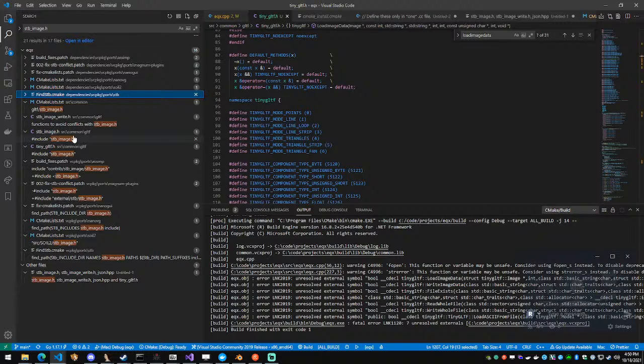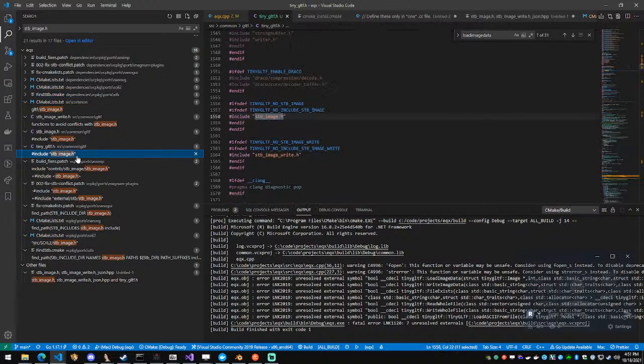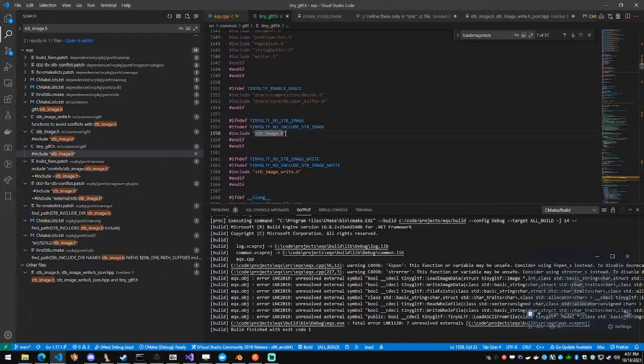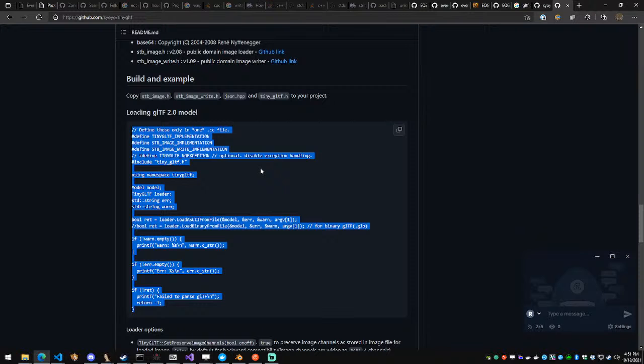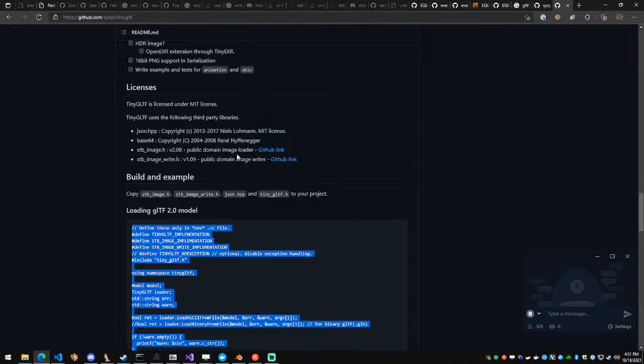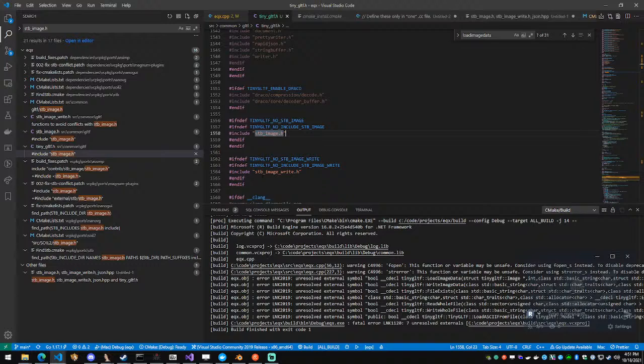The hashtag include for STB image isn't STB image, which is a little weird. GLTF includes it right here. That's just really far down. What is STB image even doing? Just an image loader? I mean,